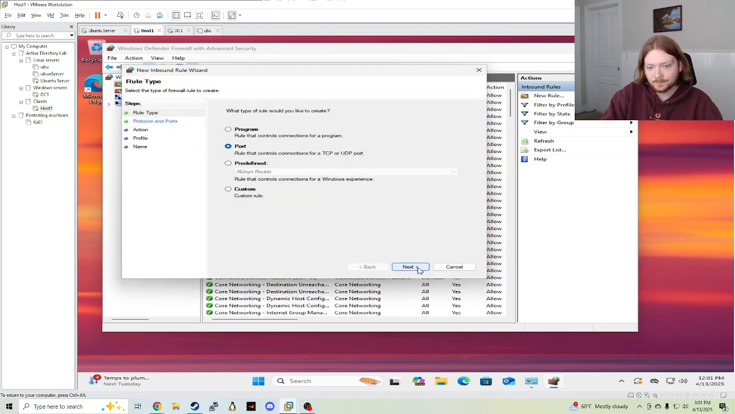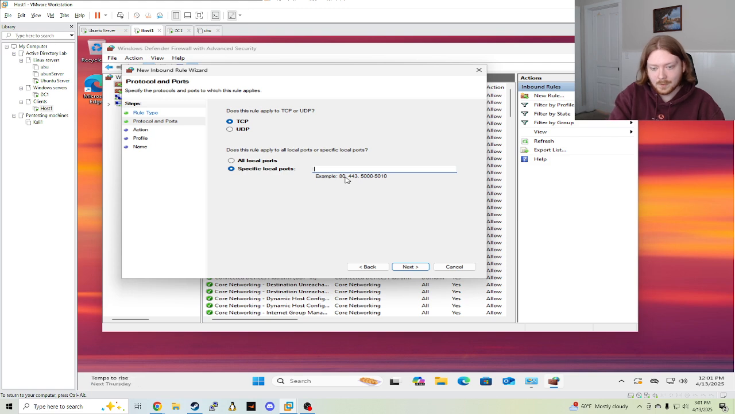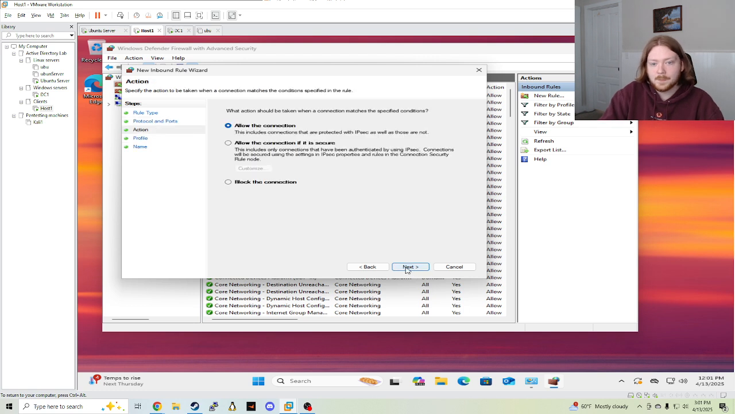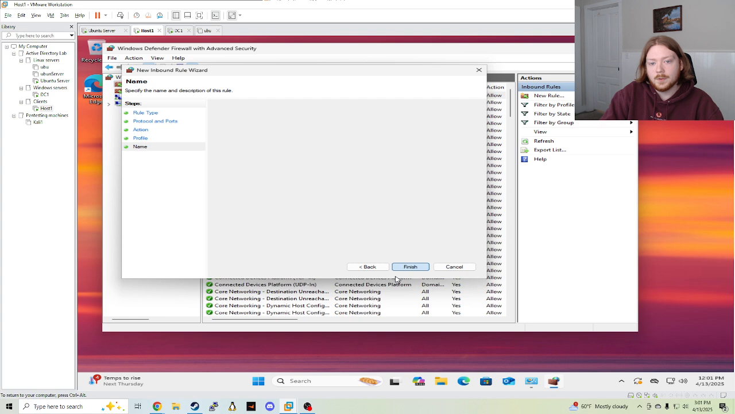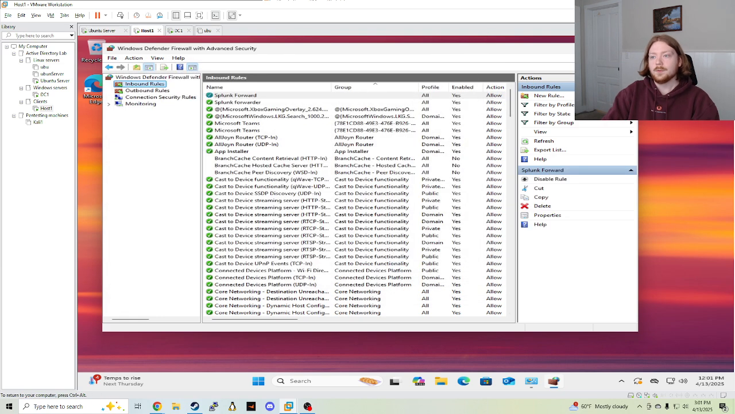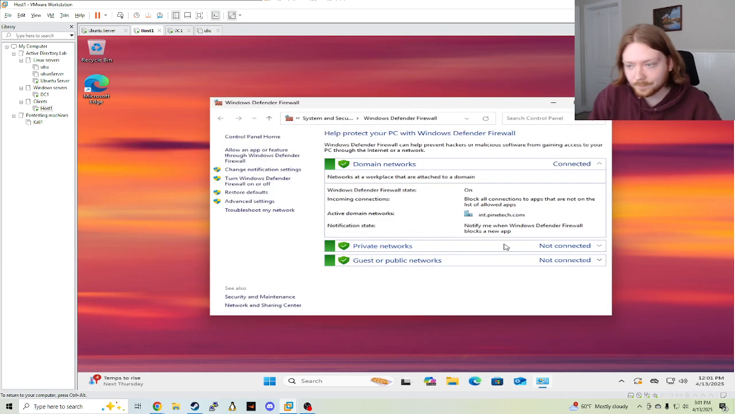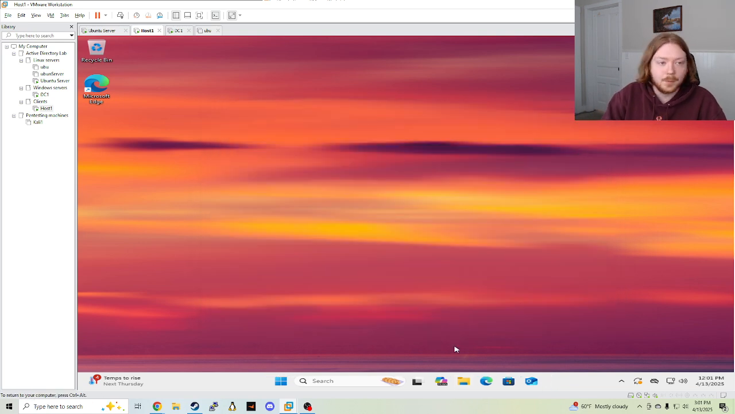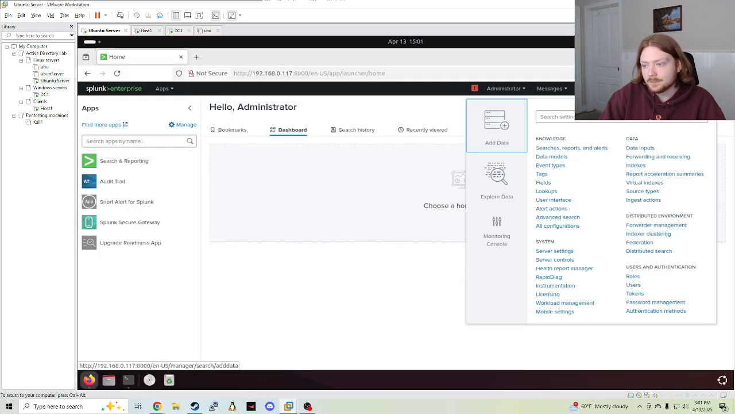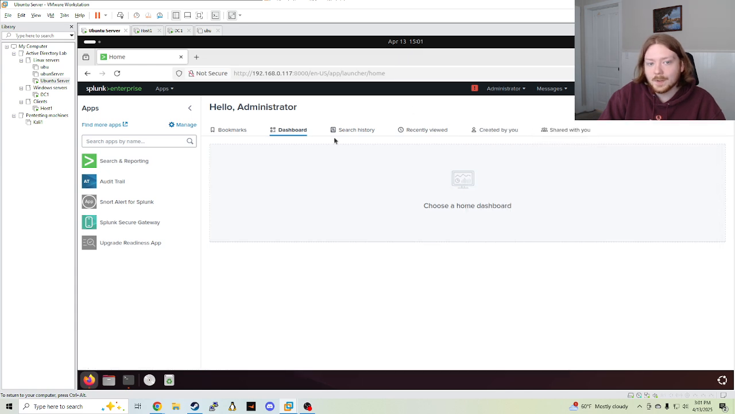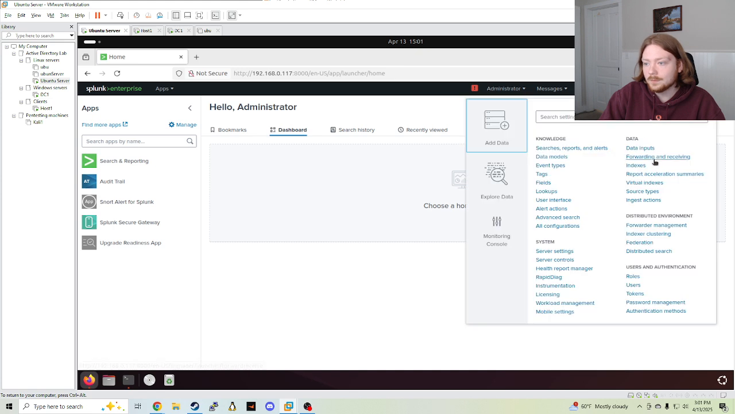Same port. Then 8089, 9997. Next, Splunk Forwarder. Finish. Okay, now we have our rules, and we can run the installer for Splunk. But before I run that installer, I'm going to switch back over and set up the listening and receiving. So on Splunk, if you go to Settings, Forwarding and Receiving,